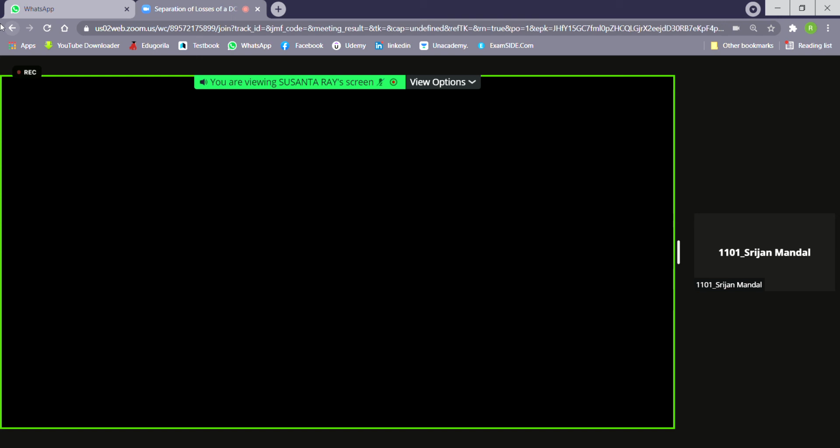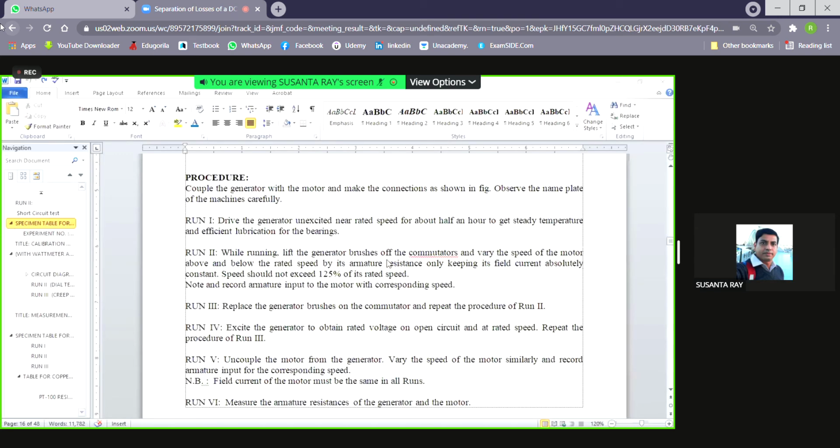In run 4 we have excited the generator field winding, and in run 3 we are not exciting the generator field winding. So that is the difference. Other runs are same. We'll vary the speed and we'll take all the meter readings. বুঝতে পেরেছো? Run 4 আর run 3 এর মধ্যে ডিফারেন্সটা হচ্ছে run 4 এ জেনারেটরের এক্সাইটেশনটা করা থাকবে, run 3 তে জেনারেটর ফিল্ডটা এক্সাইট করা থাকবে না। এটা হচ্ছে ডিফারেন্স।